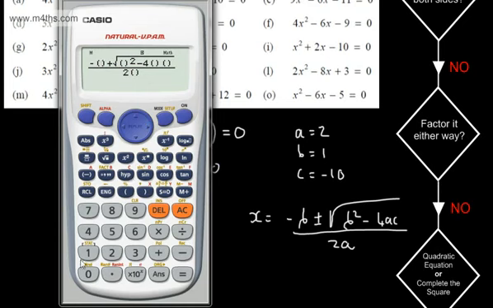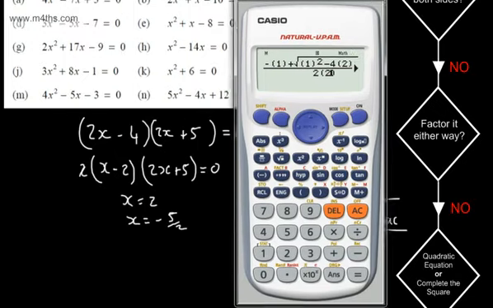So minus b, so that's going to be minus 1. Then we're going to have plus or minus the square root, and I've taken the positive to begin with. b has gone in again. Then we're going to put in 2 for a, so there's my a, and then I'm going to put in c, and you must put in minus 10. So minus 10, and we will now put this over 2 lots of a, 2 lots of 2,